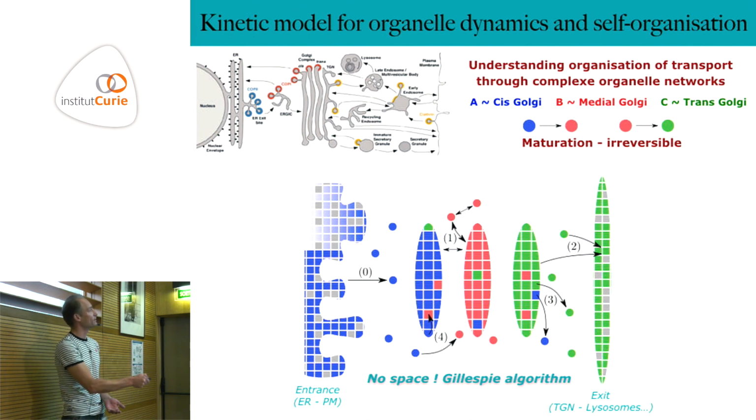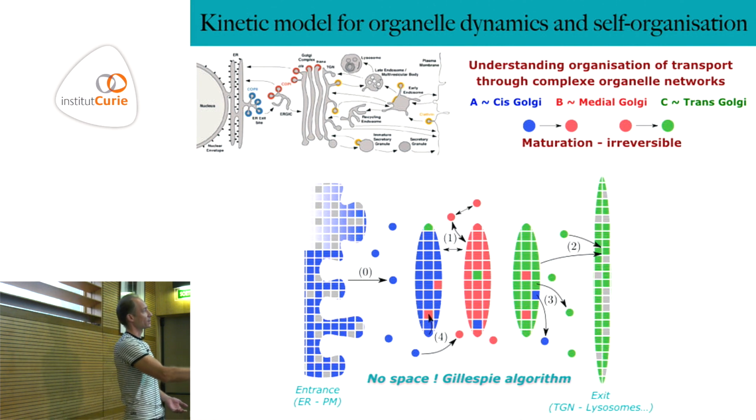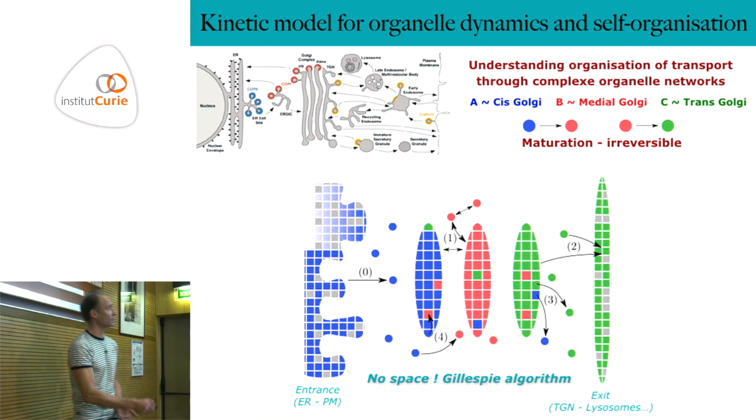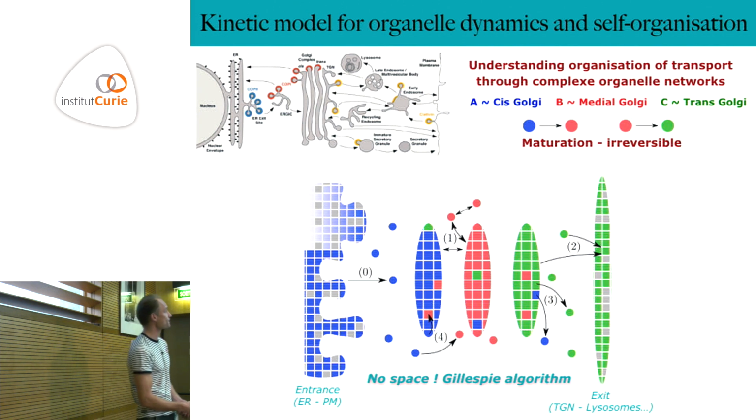So the idea is that you've got an influx, which comes from the ER, and the influx is an influx of blue membrane, a membrane that corresponds to the cis Golgi. And then you have an outflux, which is, let's say, the plasma membrane or wherever things are going. And let's say that this is green, so it corresponds to the late identity. And in between, you influx vesicles that are blue, and then these vesicles can do two things. They can fuse with one another to create bigger compartments, but they can also undergo maturation from cis to medial